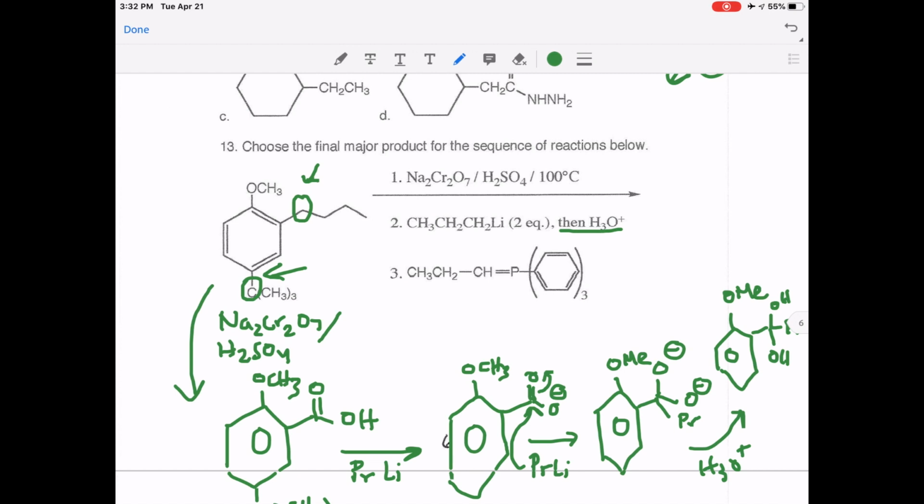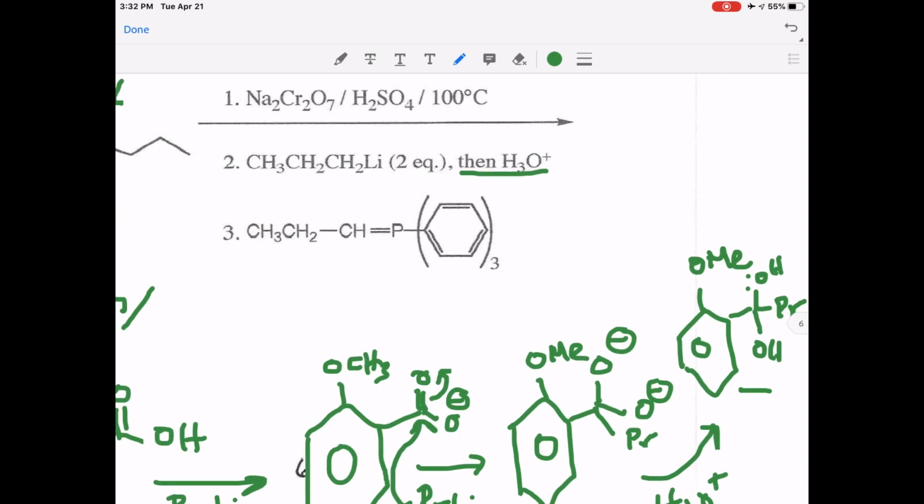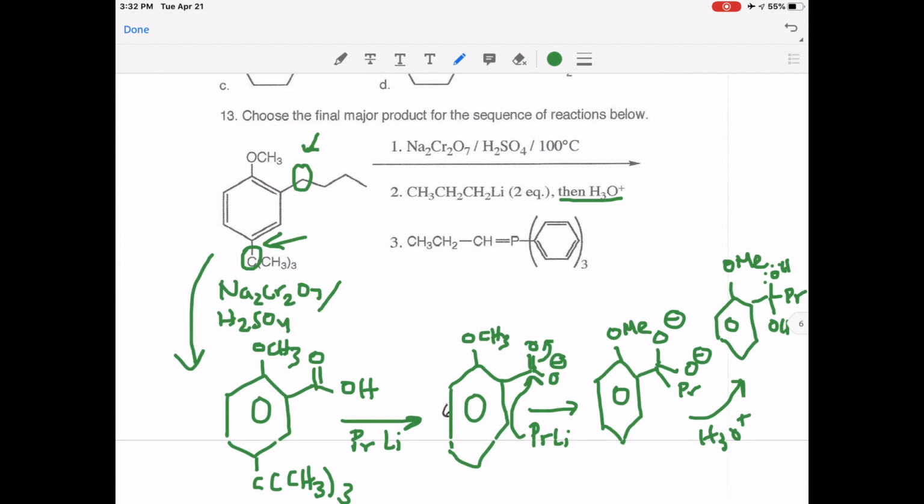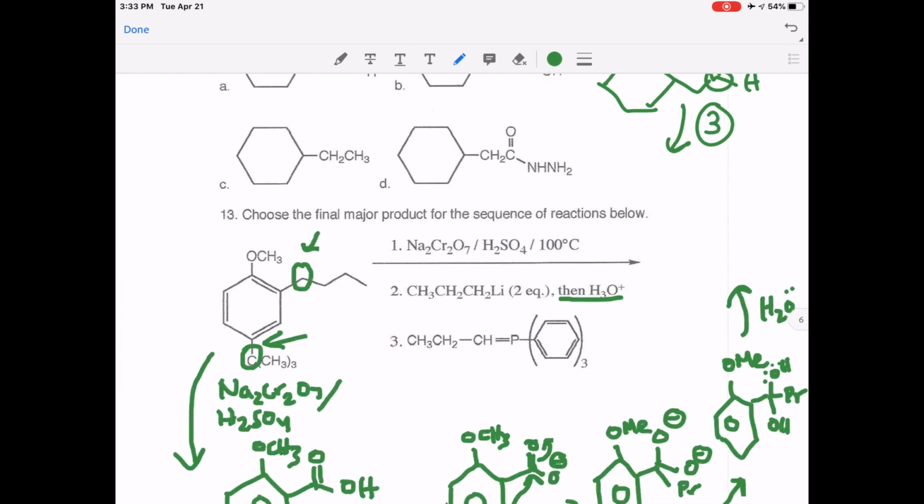So when we look at this compound closely, if we include water, from the hydronium, the oxygen takes a proton, and it gives us